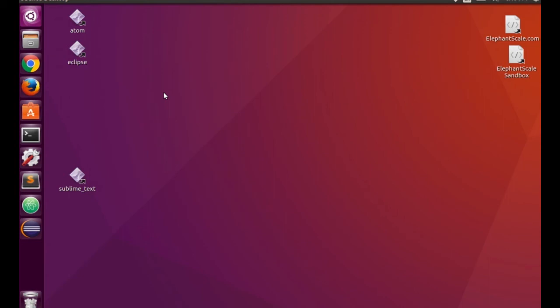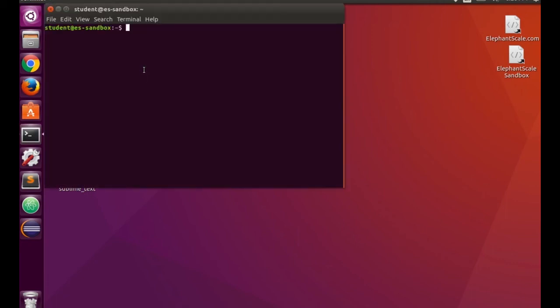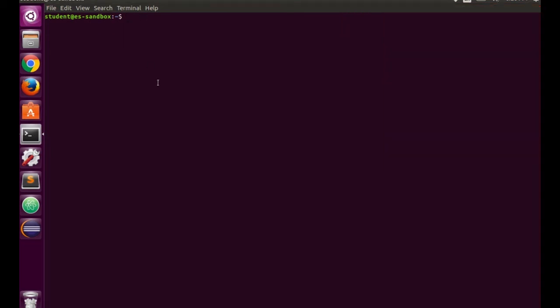We have our Elephant Scale Sandbox started. I'm going to open up a shell window. And one thing I'm going to do is install Apache Spark.